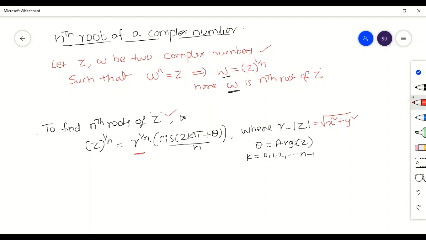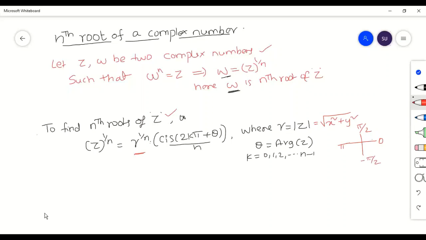And the argument of z, we have already discussed in my earlier videos. You can go through them if you want to be perfect. So theta is equal to the argument of z, that will be based on the quadrants Q1, Q2, Q3, Q4, or it lies on the positive x-axis, positive y-axis, negative x-axis, or negative y-axis. If it lies on the positive x-axis, the value of theta is 0. If it lies on the y-axis, pi by 2. Negative x-axis, pi. Negative y-axis, minus pi by 2. Just this should be remembered.